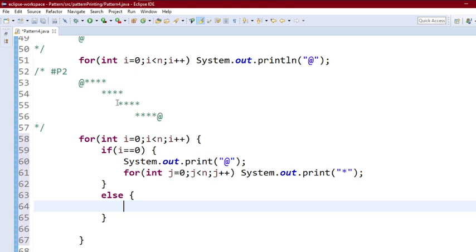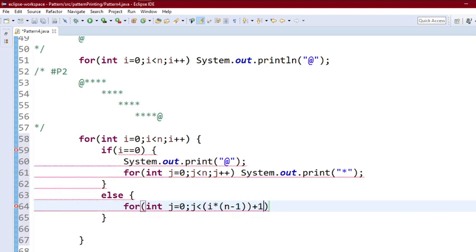So we will start the iteration from j equal to 0 and go up to i into (n minus 1) plus 1. So write the code for the same. j should be less than i into (n minus 1) plus 1.